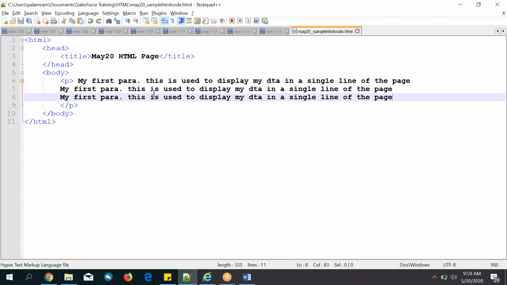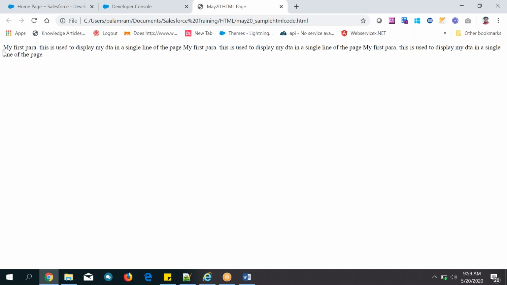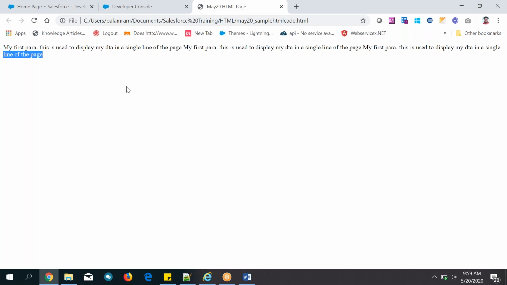So what you are observing is that even though I wrote it on the next line, it is not displaying on the next line. It is displaying in a single line from the left to the end of the viewport. What is this? Viewport. This is the display, right? From here to here some space is there, and the system is displaying from here to here, and only if it is filled does it go to the next line.